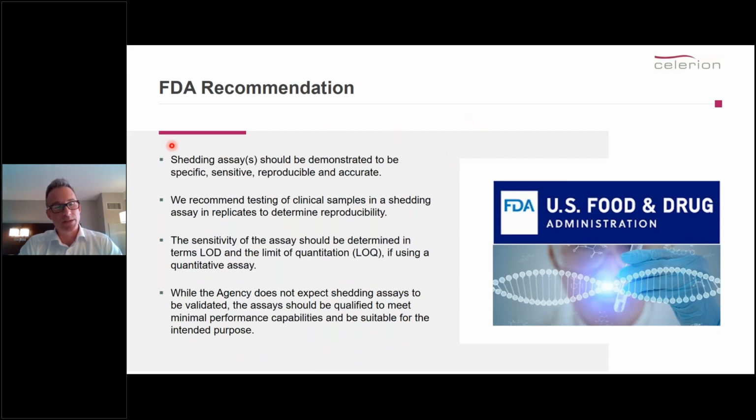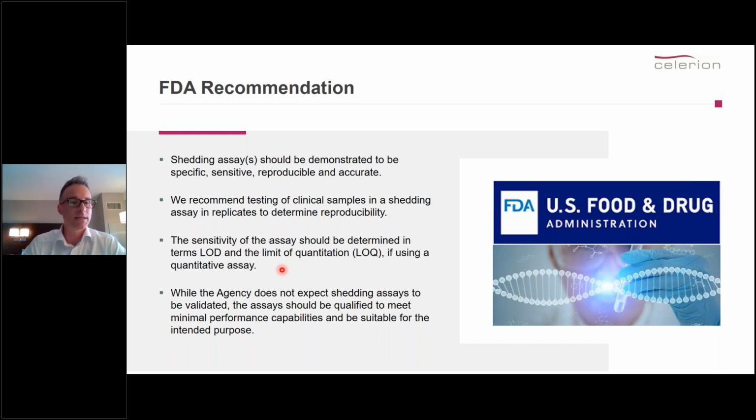The FDA also provides some guidance on what the shedding assay should look like. It should demonstrate that it's specific, sensitive, reproducible, and accurate. The FDA recommends that testing of clinical samples in a shedding assay is done in replicates to determine reproducibility, and I'll get to that particular topic a bit later on, what that means practically. And the sensitivity, so limit of detection and the limit of quantification, are the key challenge really,